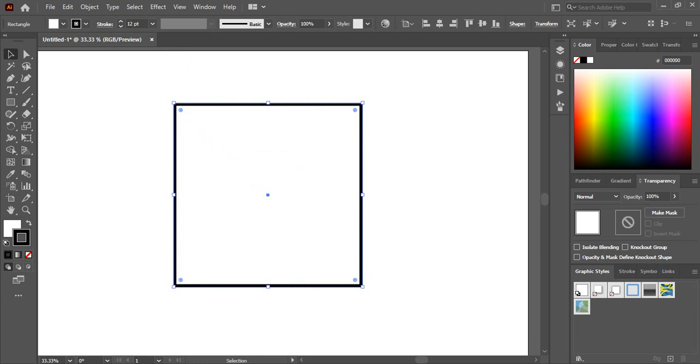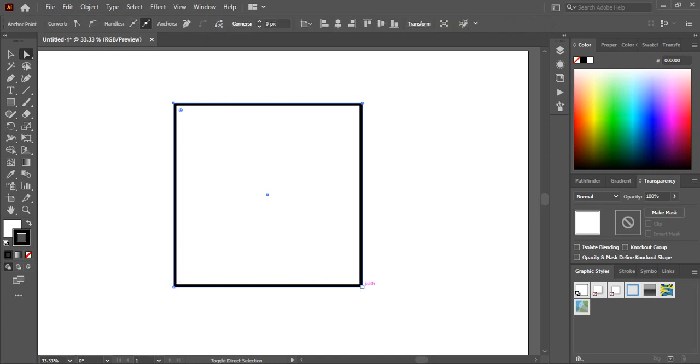If you want to edit just one corner, not all of the corners, you can select the direct selection tool, select the corners you want to round, and just drag them. This way you can easily make rounded corners on the latest version of Adobe Illustrator,